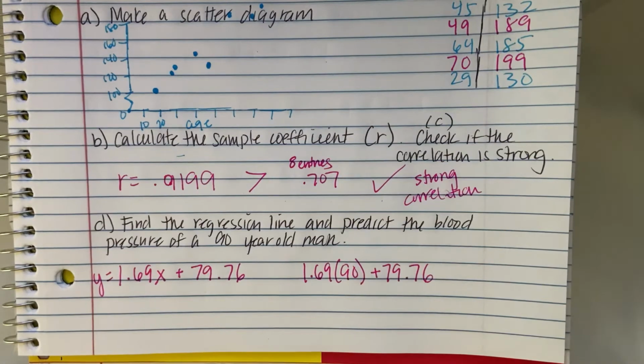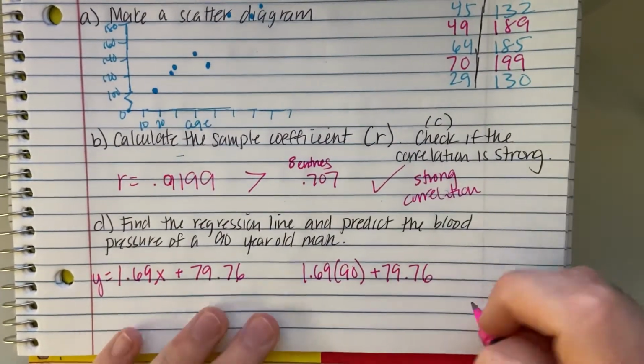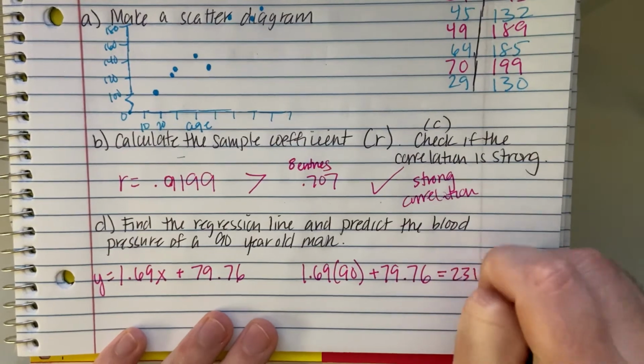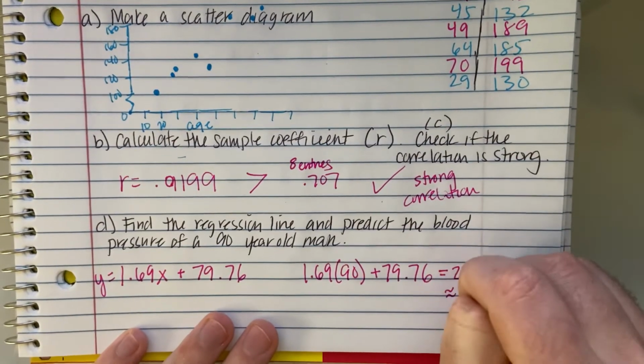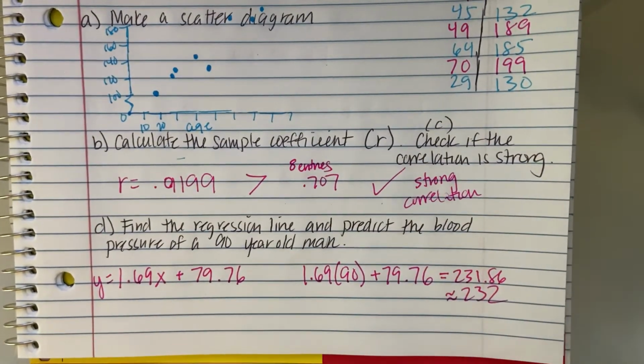Now you could be asking, well, that's a little bit outside of our scope because the oldest person that we actually tested was 70, but that's not that far away from 70. It looks like 231.86,